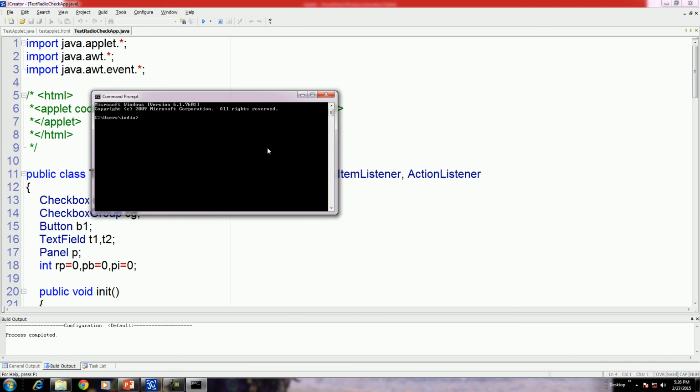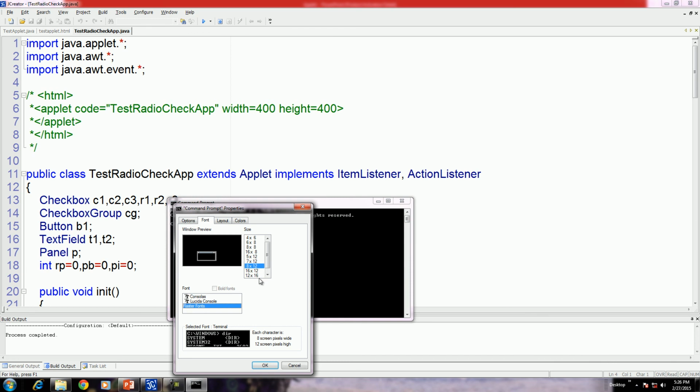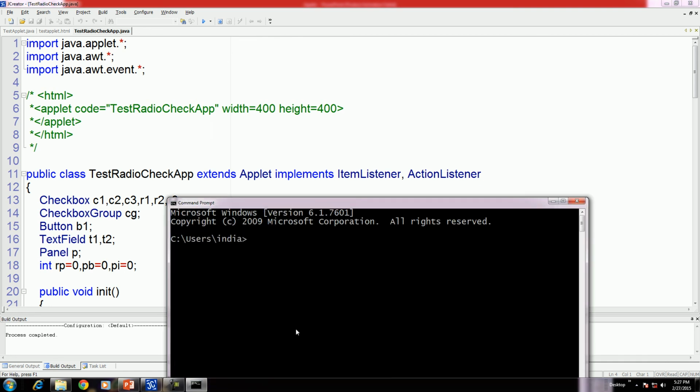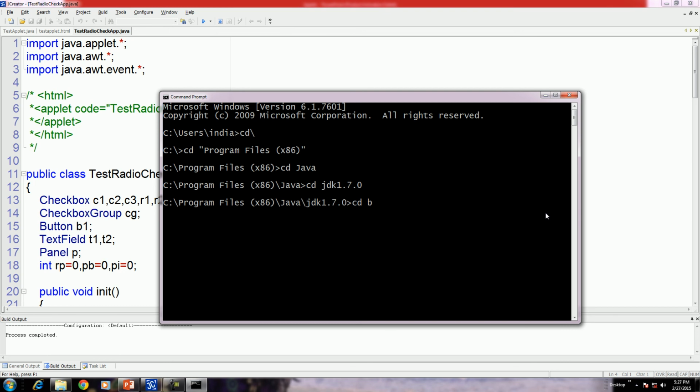Here is the command prompt. You can also run the program using our previous method. That was also fine. Okay, now let us go to the root folder. Simply type cd, press the initial letter and tab until you find your appropriate folder. Now compile this program again.